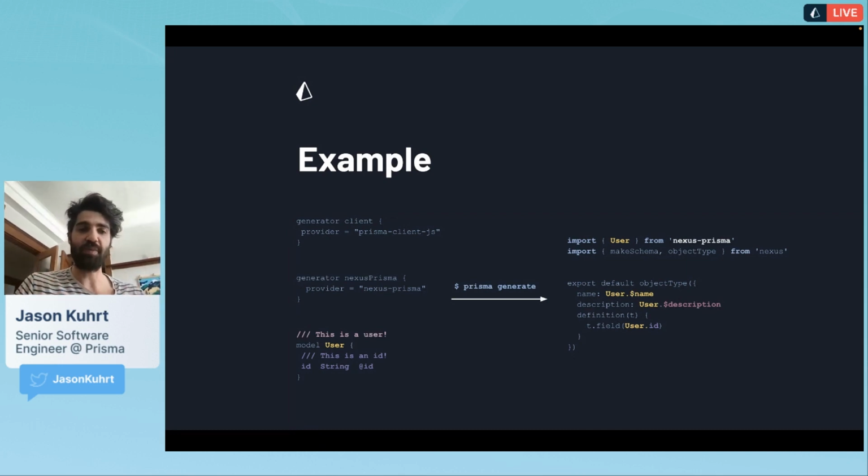So generators can pick up on these triple slashes and output it as documentation, say JSDoc or GraphQL descriptions and so on and so forth. So you've got your Prisma schema, and then you run Prisma generate, and what you get out of it is